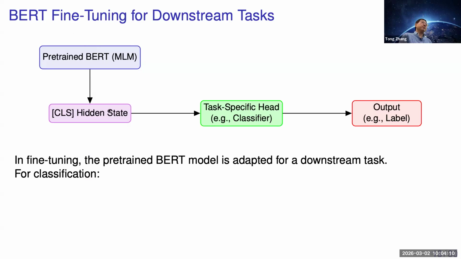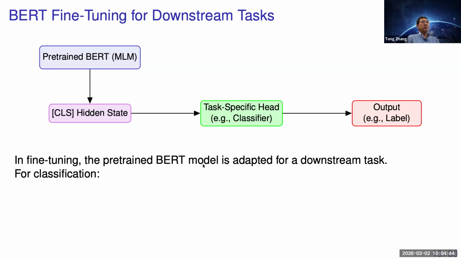There are two ways to do that. One way, you freeze all of BERT and just update the head, treating BERT's output as input. The other way, you simultaneously update BERT as well as the head. Both can be okay, depending on the application. But essentially this is a pipeline: you pre-train a BERT, you learn this representation,